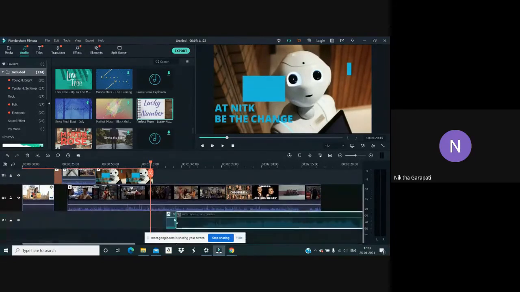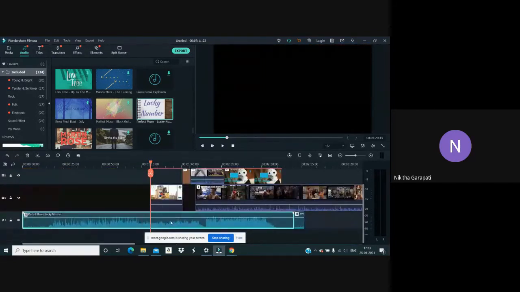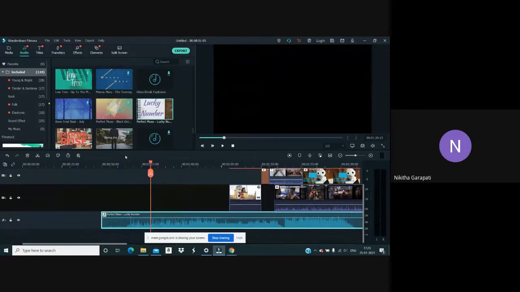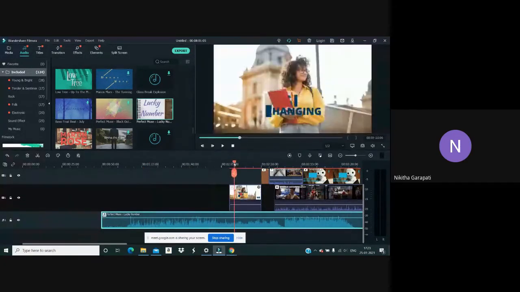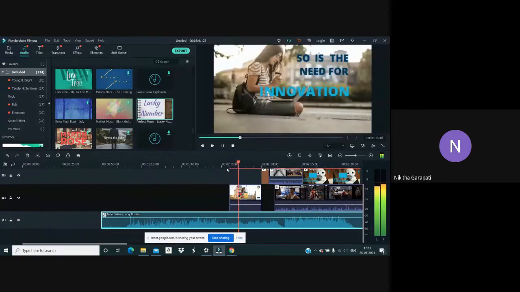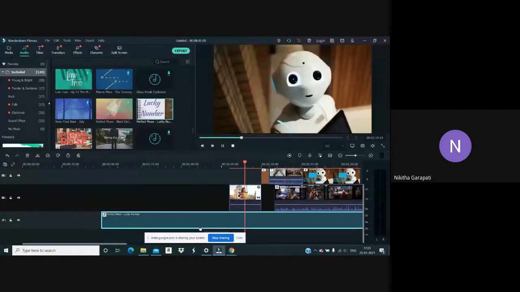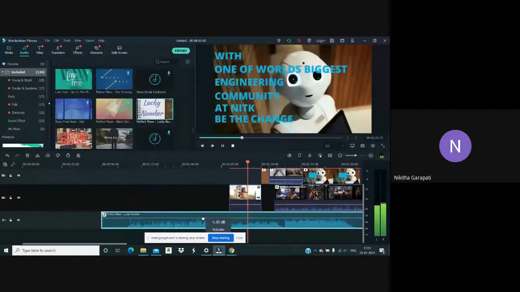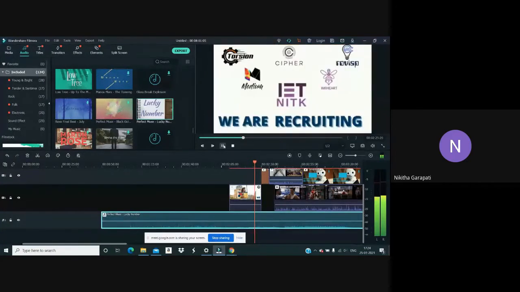So it gets placed over here. While you play a video, this audio gets played. As I said, you can change the volume levels according to your need. So I hope this audio bar thing is clear.